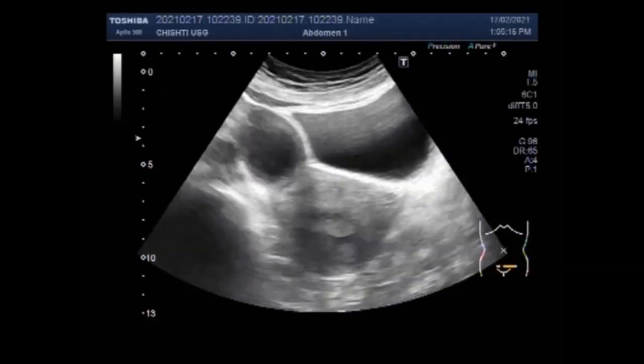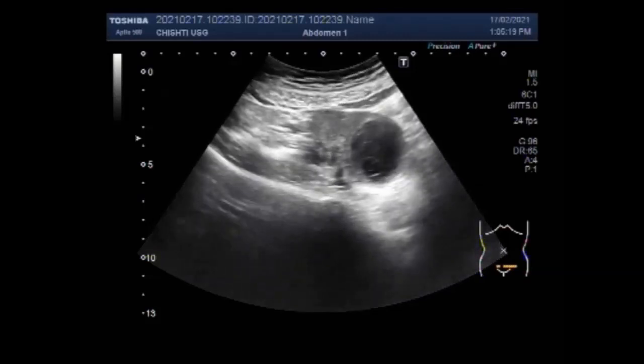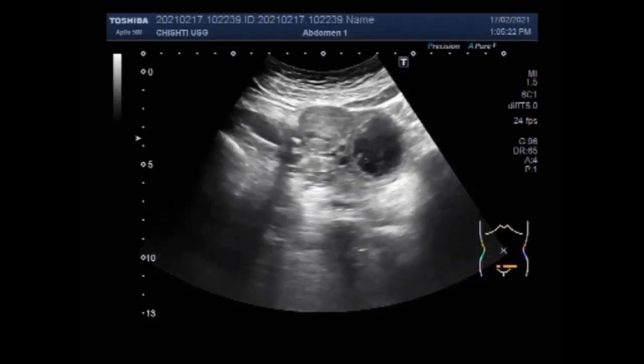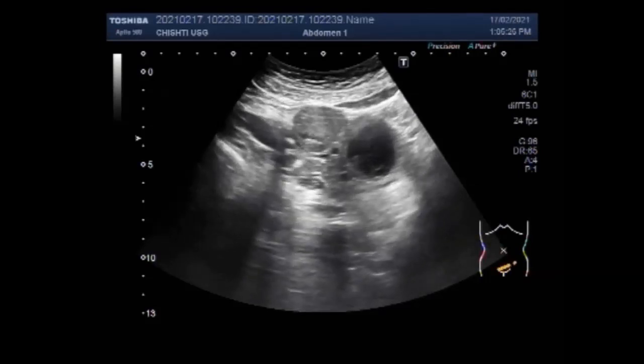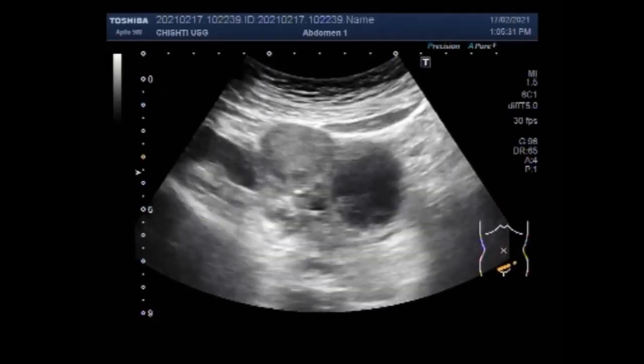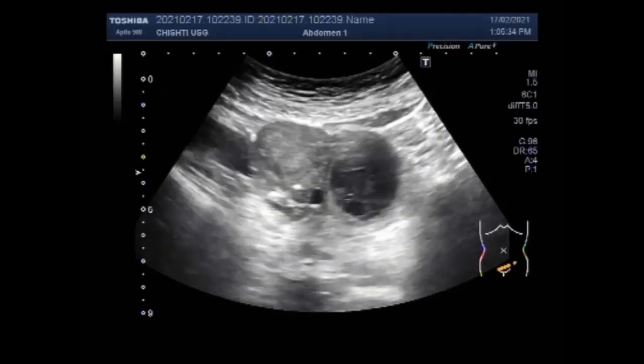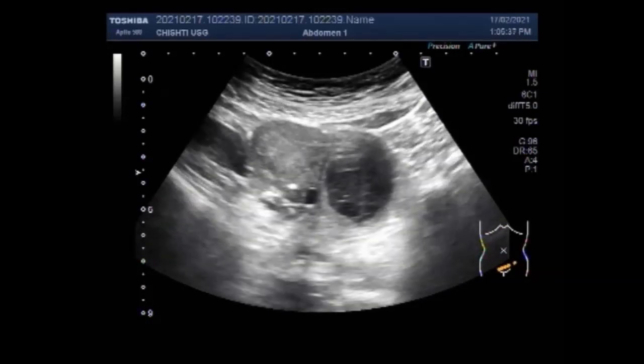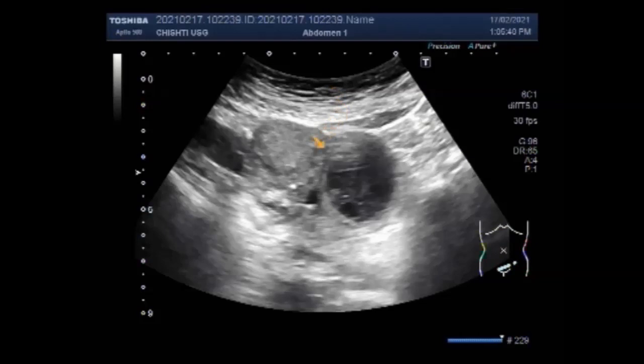Now the ovaries are the sex organs that produce female hormones and store and release eggs between puberty and menopause. An ovarian mass may be a cyst or a tumor growth, which may be non-cancerous, benign, or cancerous, that develops in one or both of the ovaries. Now you can see the ovarian cyst, the hemorrhagic ovarian cyst, and the ovarian mass lying side by side. A small portion of the ovary is seen to be impacted between this mass and the hemorrhagic ovarian cyst. Although the mass and the cyst both are not of a large size.